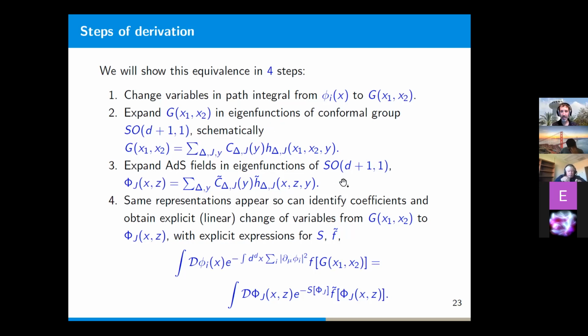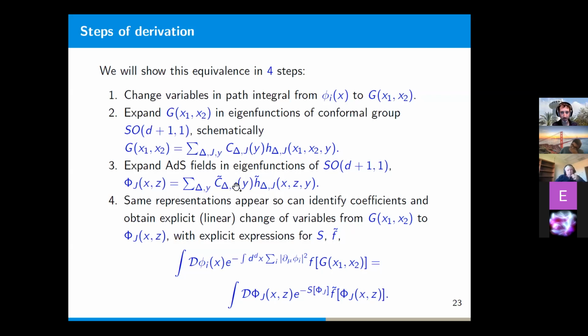field. And then in the third step, we'll see that also when we have some spin J fields on anti-de Sitter space, which is our expected field content for this theory, we can also expand those in eigenfunctions of the same SO(D+1,1) group. Of course, the eigenfunctions will be different because these are different objects, but they'll still be labeled exactly by the same labels, delta, J, and y. So we can expand them in a similar basis of eigenfunctions, and the coefficients will be labeled by the same labels. So that will enable us to